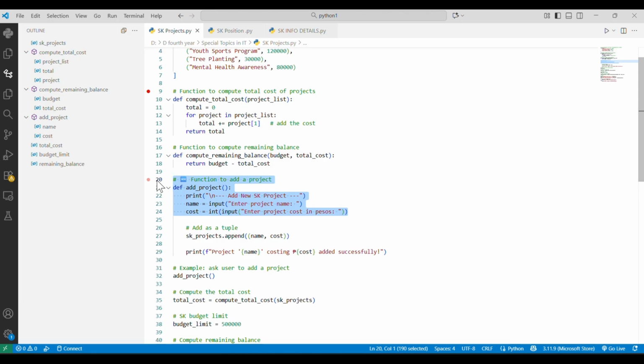It asks for the project name and the project cost, and adds the project to the list using SK project append, with double parentheses, the name and the cost. Next it prints the project name, costing, and then added successfully.